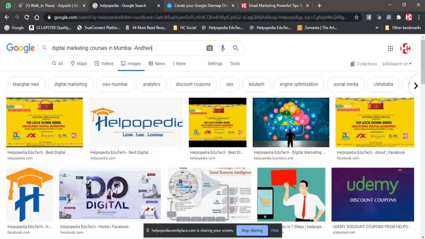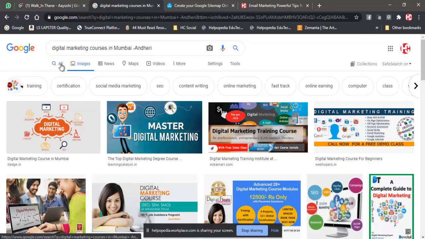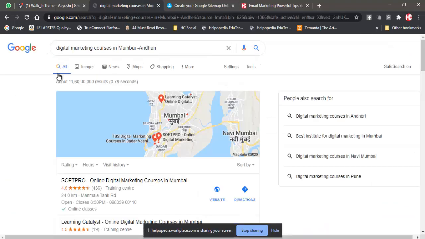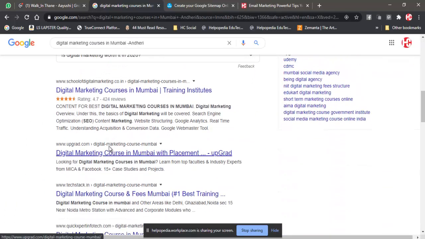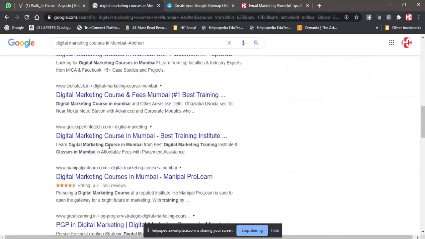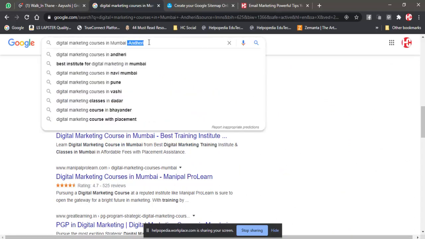Now what will this do? This will search for all the results from Mumbai, but it will not search for the results from Andheri. So all the results that you will be getting are from all the places in Mumbai, but it will not show the results from Andheri.